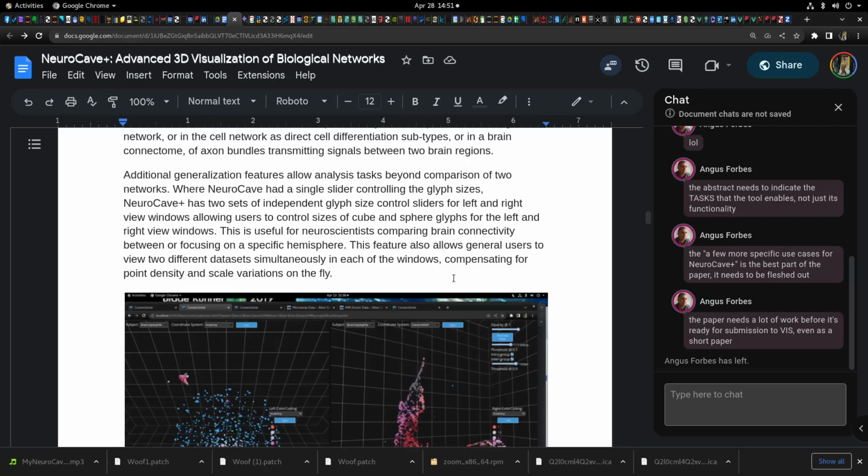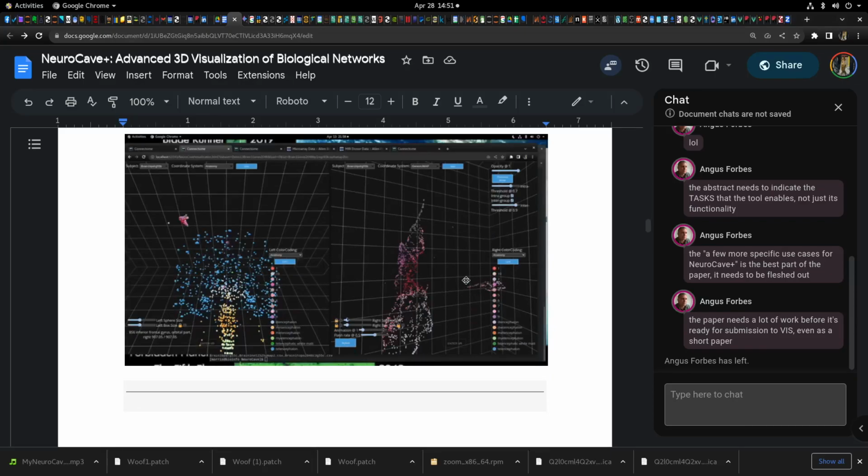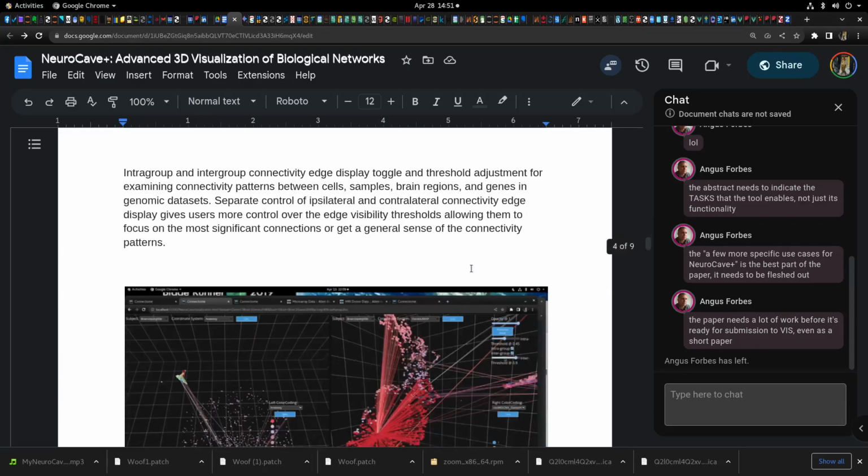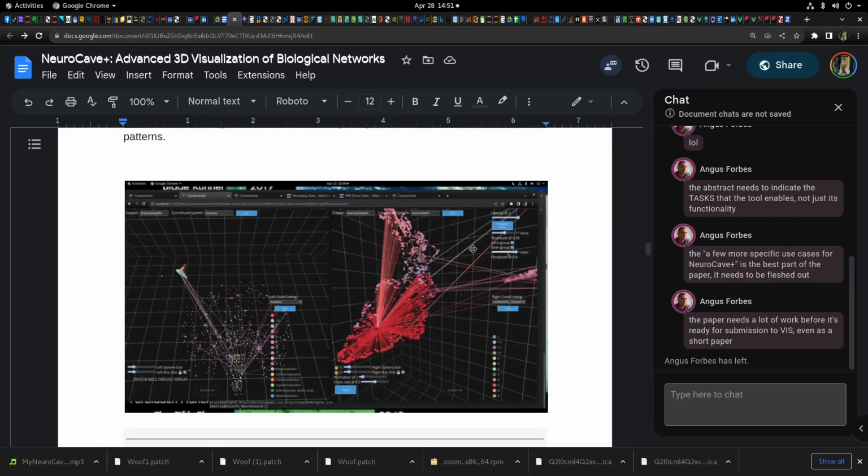This is useful for neuroscientists comparing brain connectivity between or focusing on a specific hemisphere. This feature also allows general users to view two different datasets simultaneously in each of the windows, compensating for point density and scale variations on the fly. Intragroup and intergroup connectivity, edge display toggle, and threshold adjustment for examining connectivity patterns between cells, samples, brain regions, and